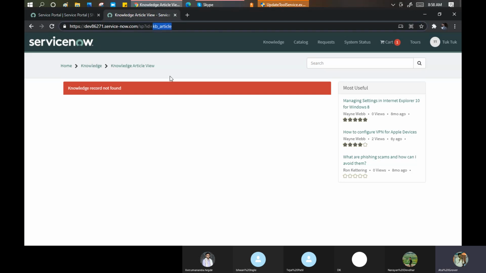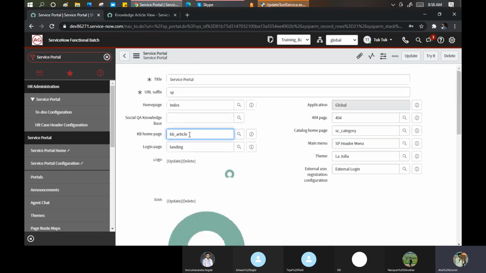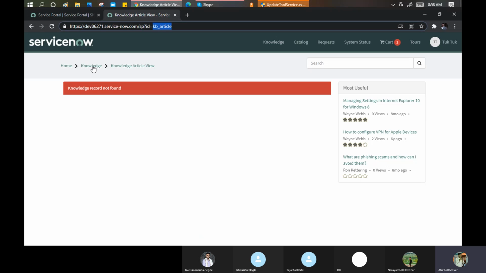KB article now. Let me change the view first, otherwise it will create a problem for me. View 2. Not sure how much time it will take now to reload.